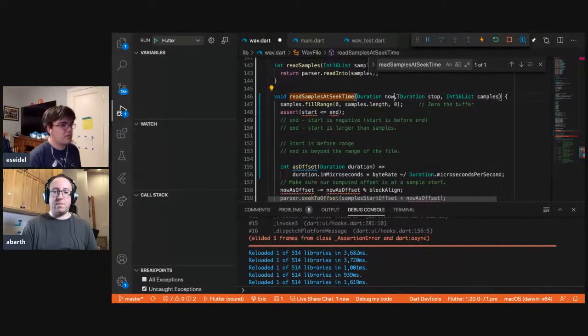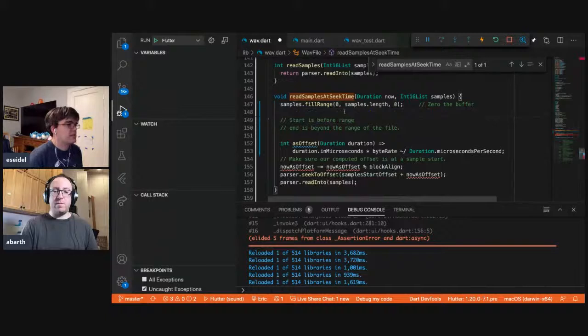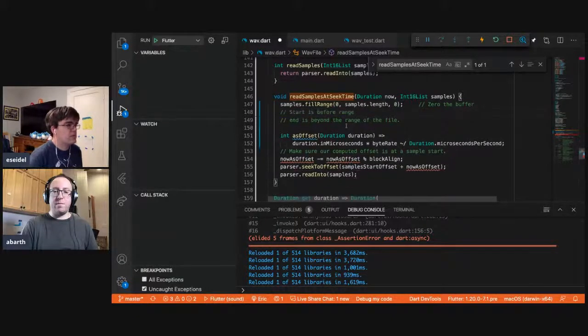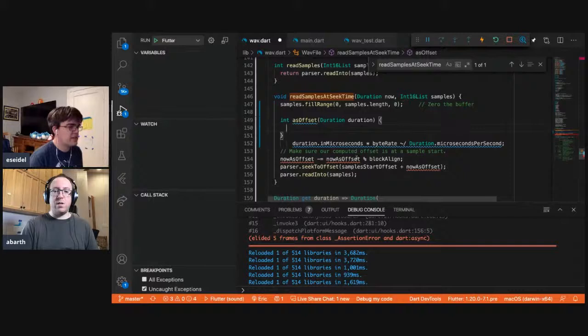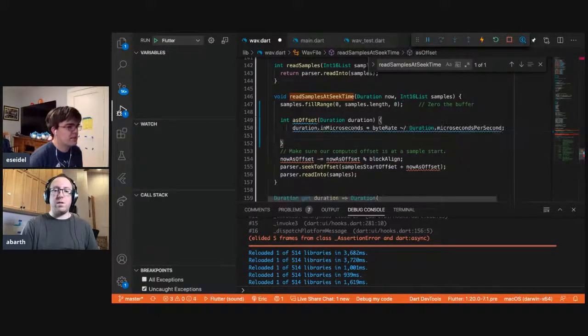Let's go back to now. Okay. We don't need to do that. We don't need this. We do need to, we'll have to do that, but we'll do that in a second. So we can keep this as offset. All right, so we want to replace that now as offset with just as offset parens now. Well, actually, we didn't actually do a full now as offset. Oh, I see. That's part of that. That's a good point. This thing.